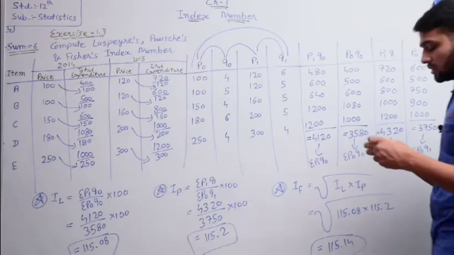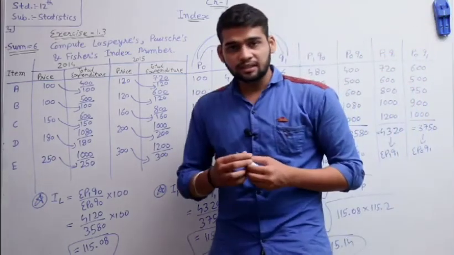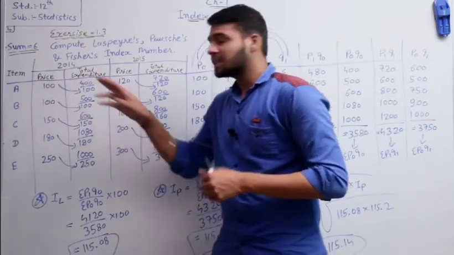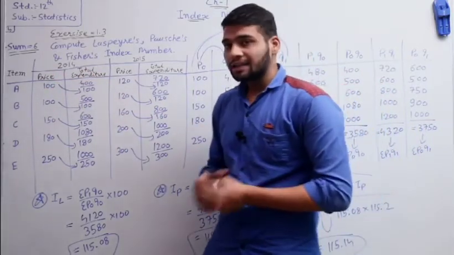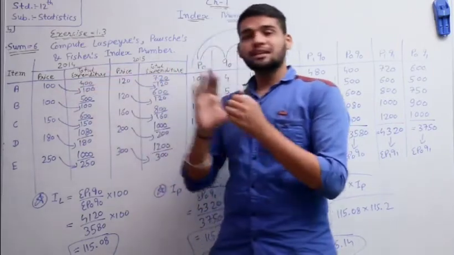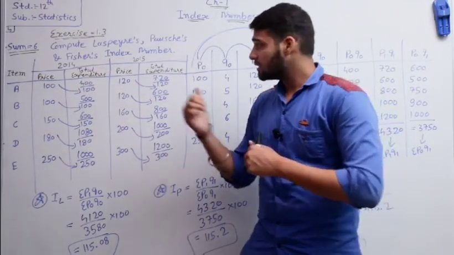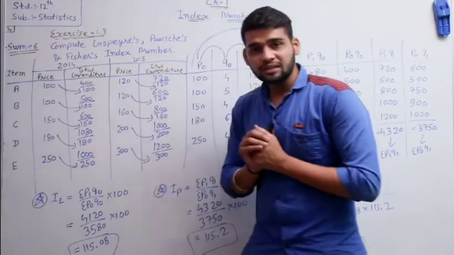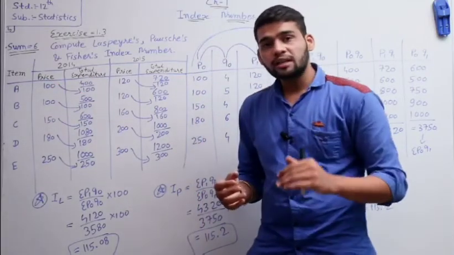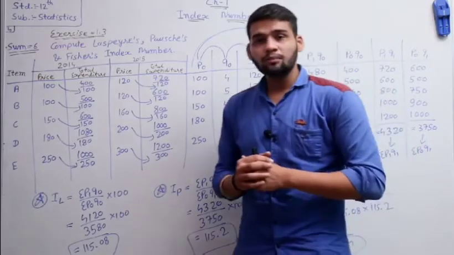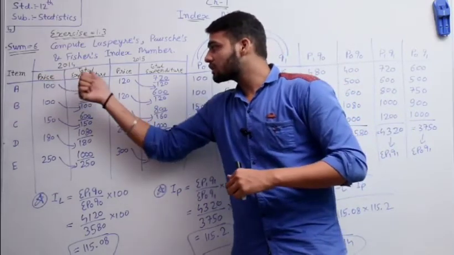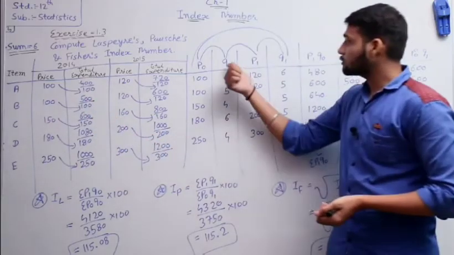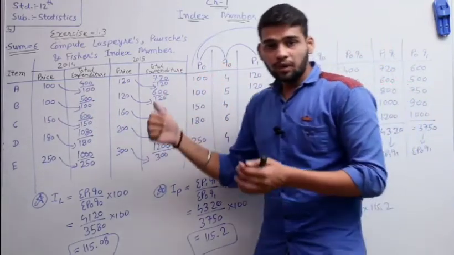In this type, total expenditure, we have two types of sums. First, price and total expenditure are given; otherwise, quantity and total expenditure are given. Now we see the first type, price and total expenditure, and then the quantity and total expenditure method. If price and total expenditure are given, which column do you have to find? So we find out the quantity column.